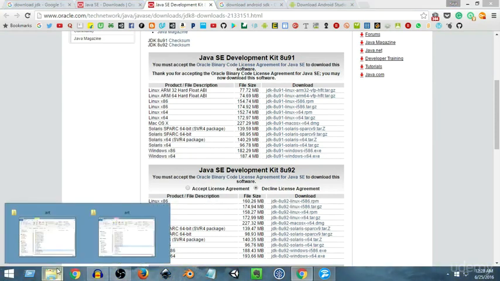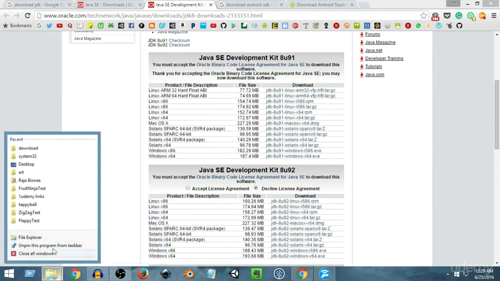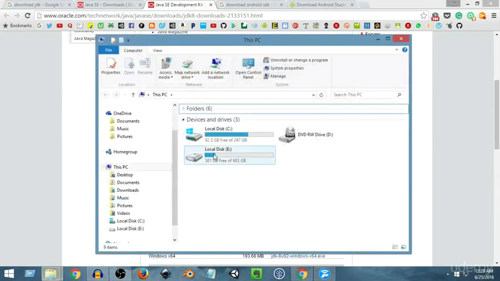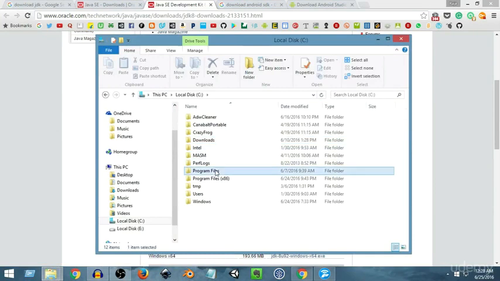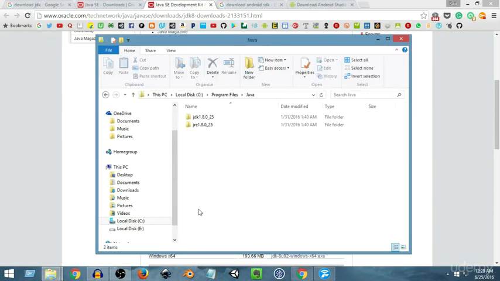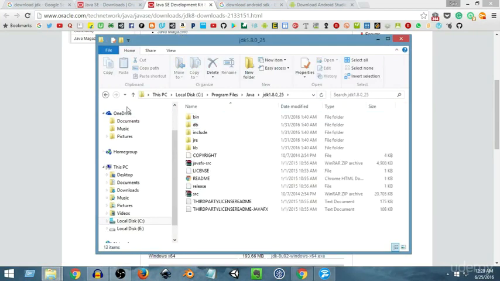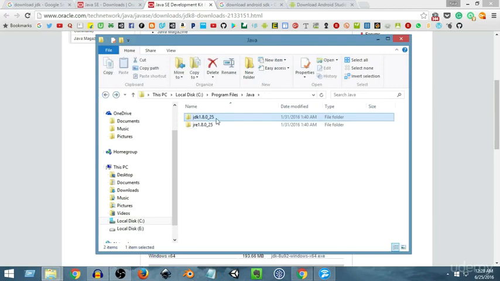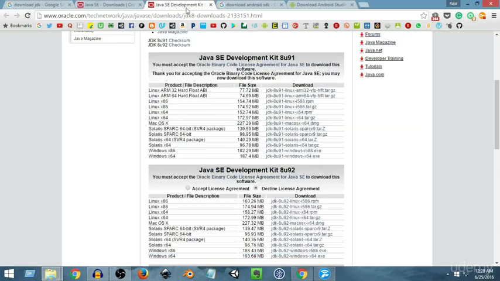By default, it will be installed in your C, program files, Java, JDK. So this is the default location where it will be installed. But if you change the location where it is installing, then you need to make sure that you remember the location because we will need this location later on. Okay. So once you have done that,